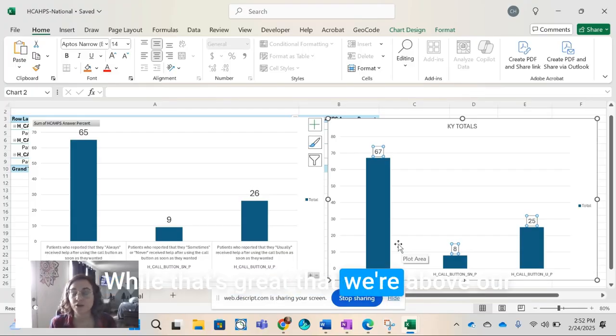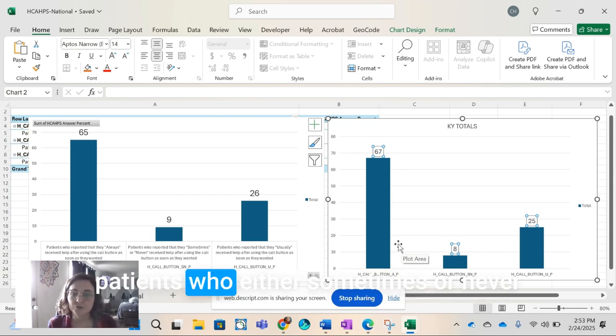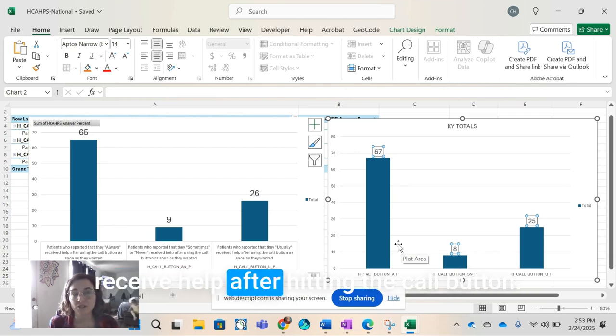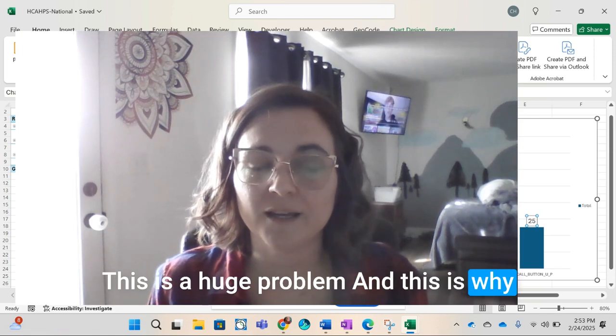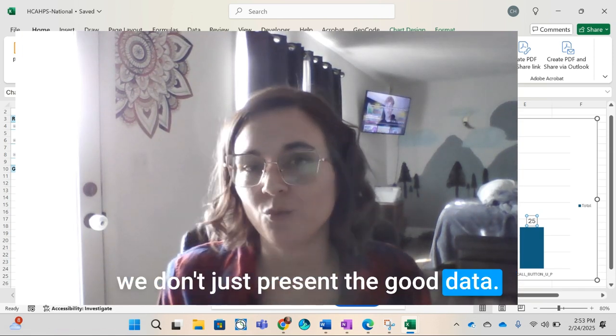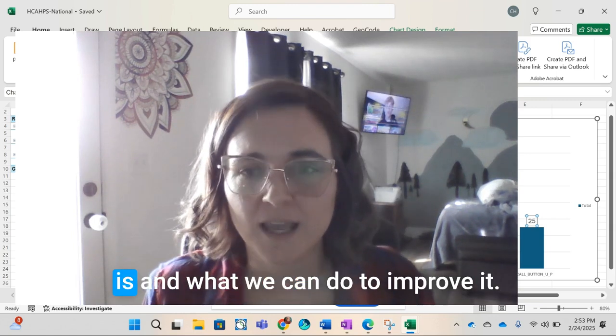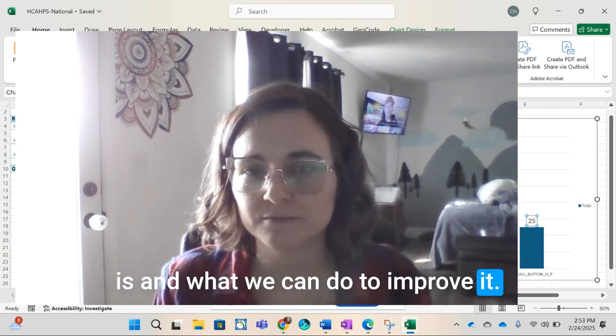While that's great that we're above our benchmark, there is still 33% of patients who either sometimes or never receive help after hitting the call button. This is a huge problem, and this is why we don't just present the good data. We have to look at where the disparity is and what we can do to improve it.